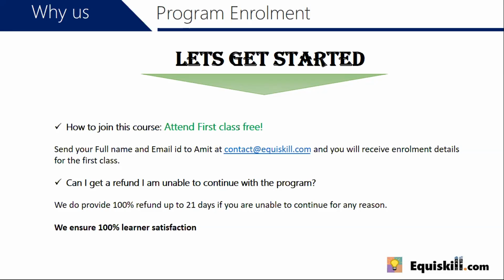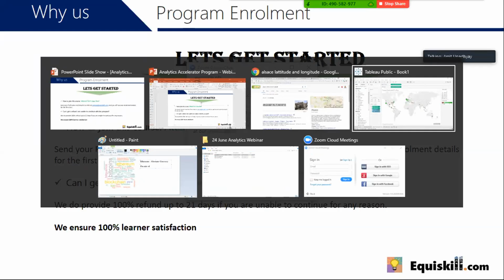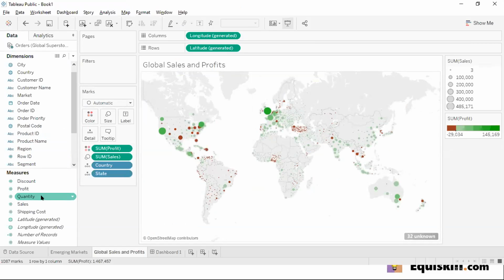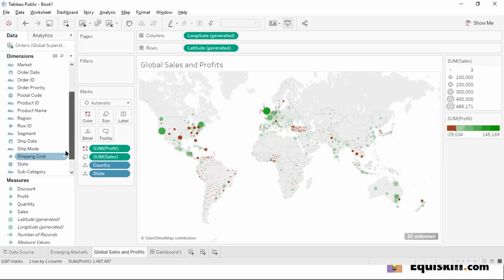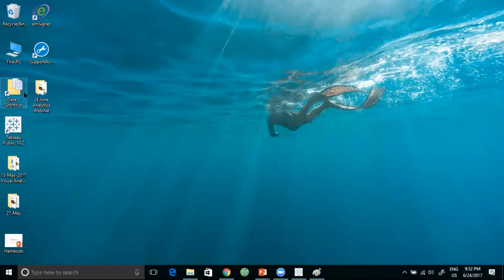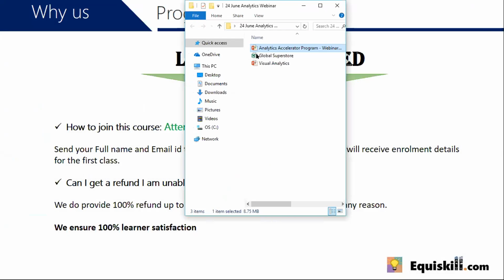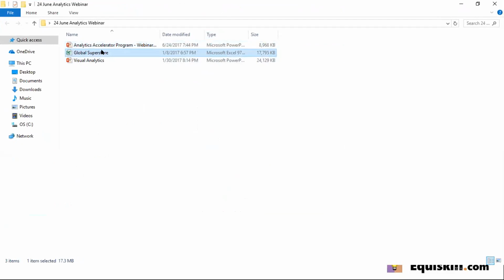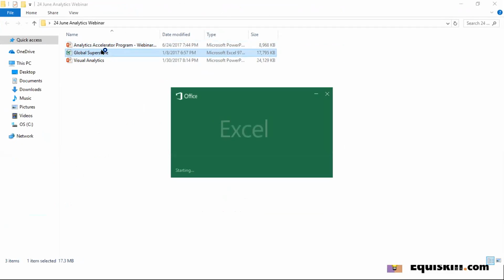Okay. So Jagrup, it's fairly easy. You can take variables from measures and drop them into dimensions if you think that they're not measures. For example, shipping cost. I could add it over here, okay? Now shipping cost has moved from a measure to a dimension. That's one way of swapping the variables. If you want to add additional variables, then you would have to go to your Excel sheet. So let me open up the Excel sheet for the webinar, and here's your Excel sheet, and you need to add the variable to the raw data, okay?